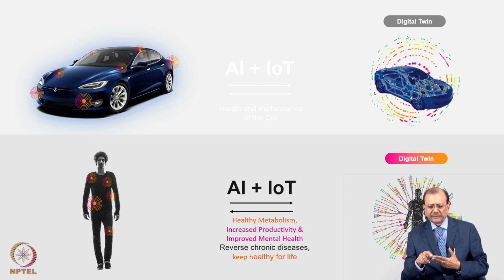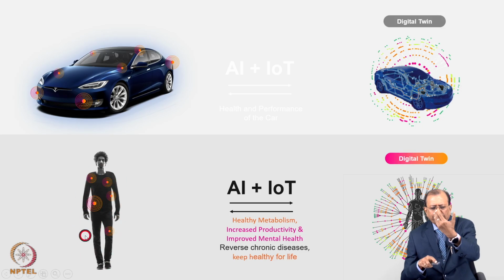Like we are seeing here a car, and a replica of this car is being made on the computer, the digital twin. Similarly, this is the human body, and if with the help of some sensors we are able to capture what is happening in the human body, what is the glucose level, what is the blood pressure, what is the energy level, how much a person has slept last night, how many steps he or she has walked, all this data can be captured.